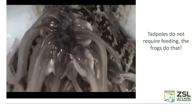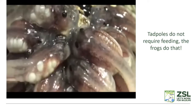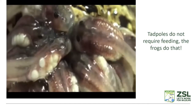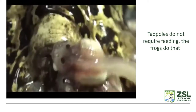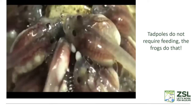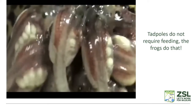You can make out her cloaca here with the tadpoles swarming all over it, and she's feeding the tadpoles infertile eggs. So this species breeds in underground nest chambers where they produce a foam nest. The tadpoles develop within the nest, and they're entirely fed by these infertile eggs. So the mother feeds them once or twice a week for a period of about a month until